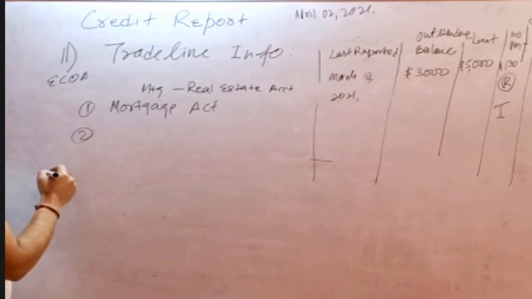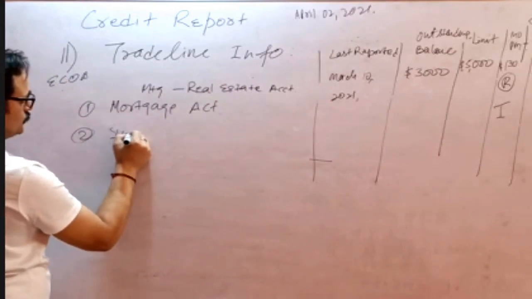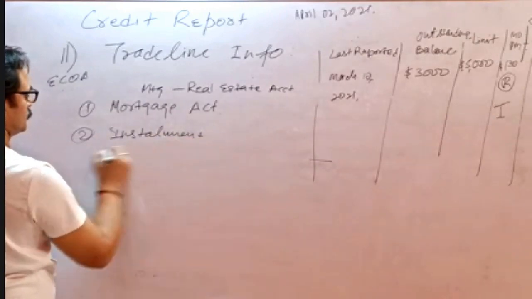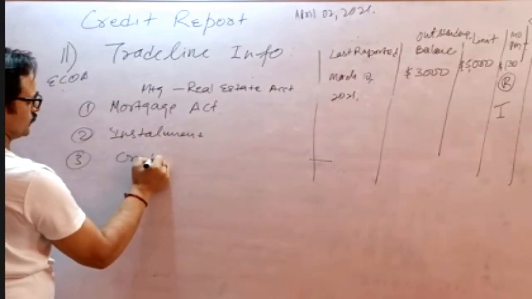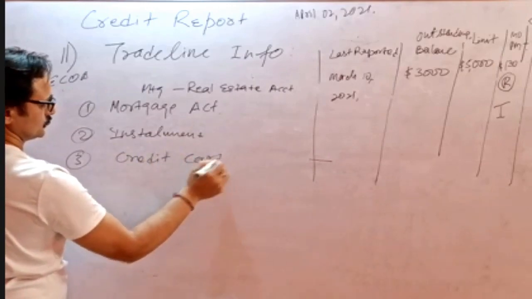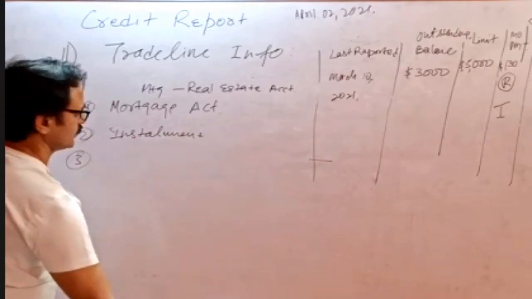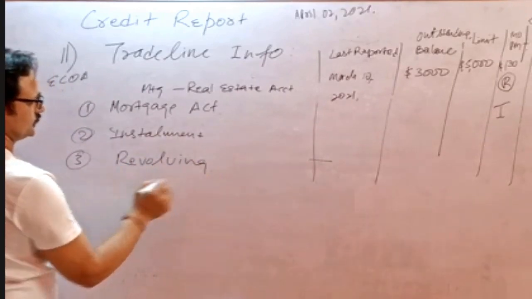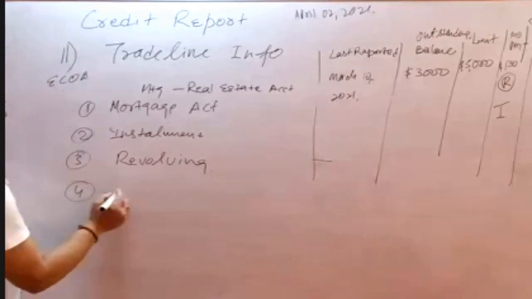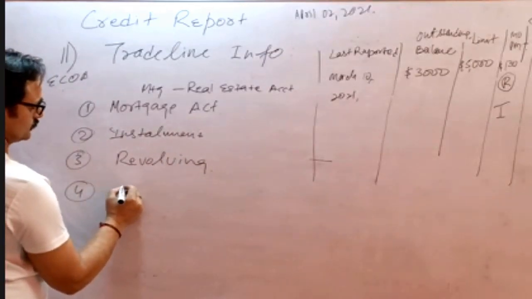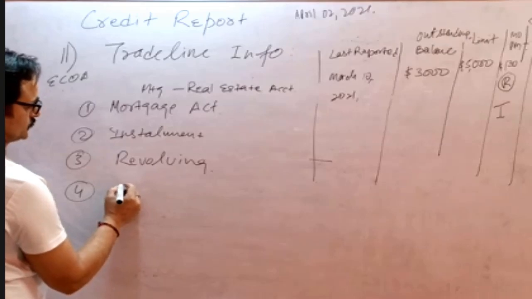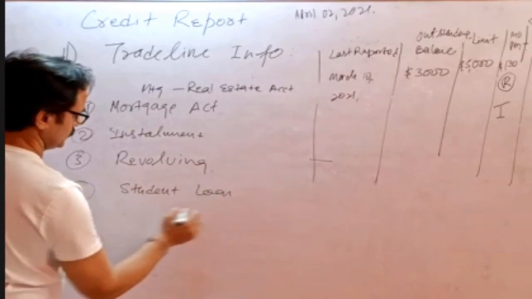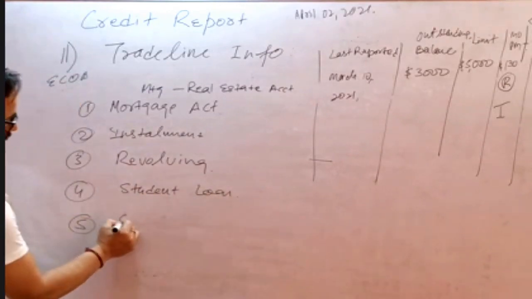Number two could be the installment loan. Installment loan, okay. Number three could be credit card, sorry, not the credit card, but revolving, okay? Revolving. These are the different types. Number four could be any other card, or let's say student loan. If somebody is taking a student loan, right? And there could be open account, open